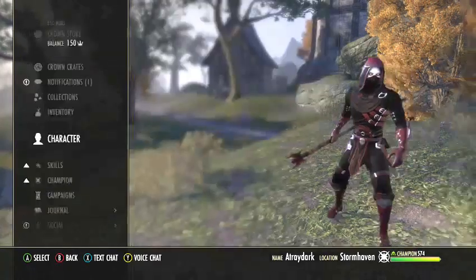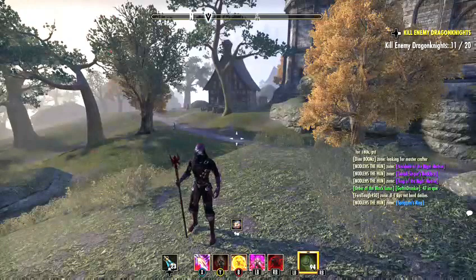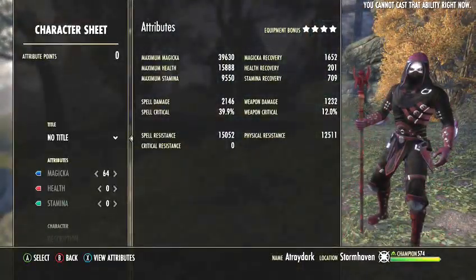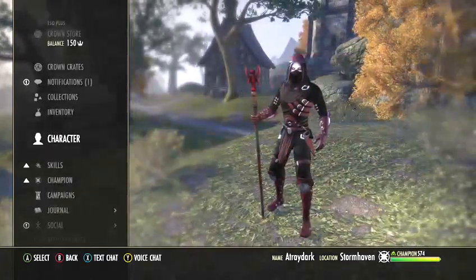On my back bar, I believe I have a few more shadow skills. Nope, I guess not. In stealth, whenever I use my invisibility, I've got 15,000 spell and 12,000 physical, which is still really low, but it's a little bit better. So yeah, on my back bar I only have 39,630 max Magicka, but that's because I don't have the inner light on this bar. I have all 64 points into Magicka, and